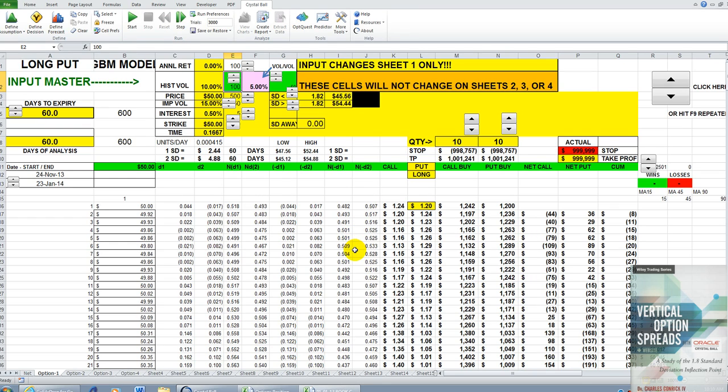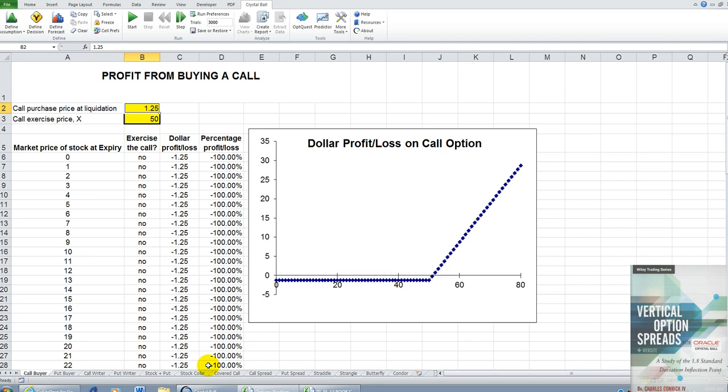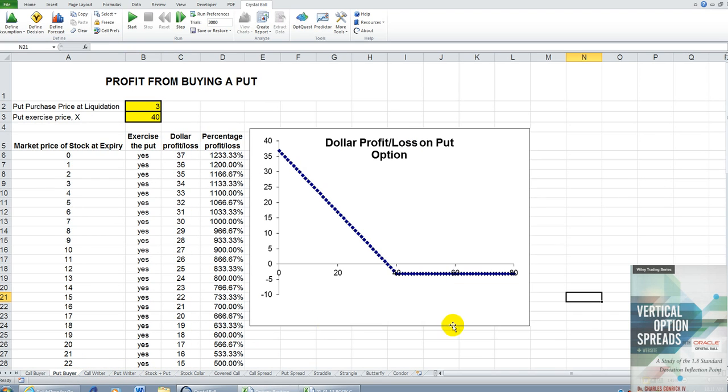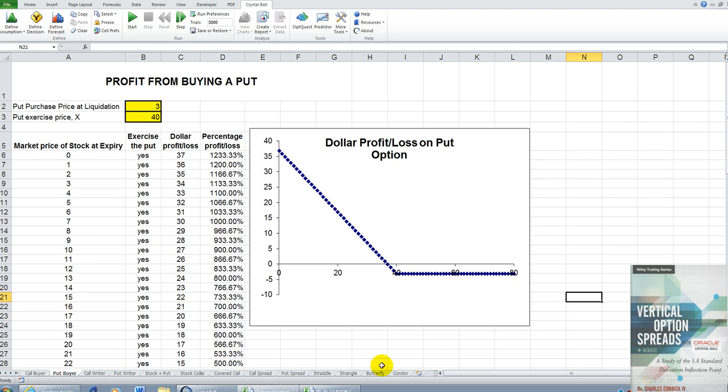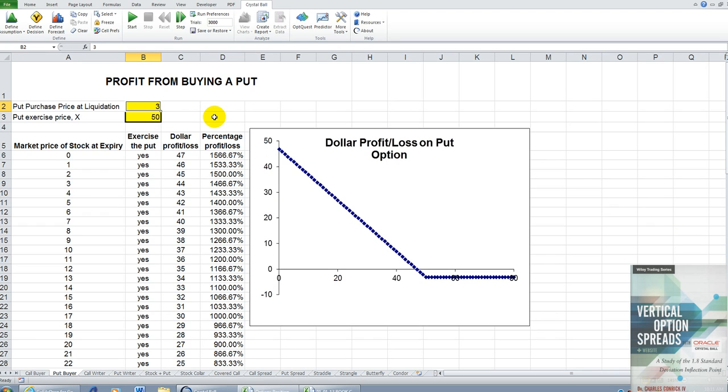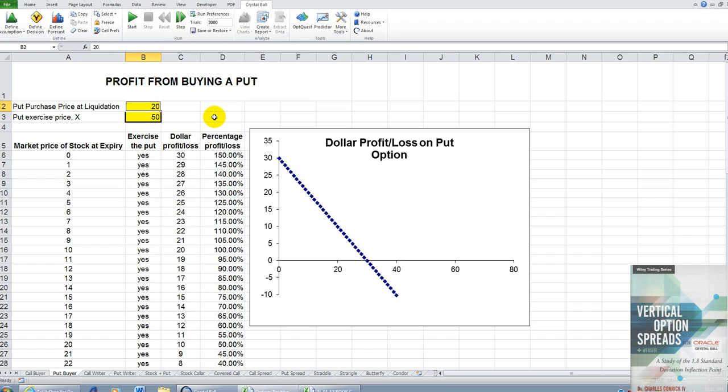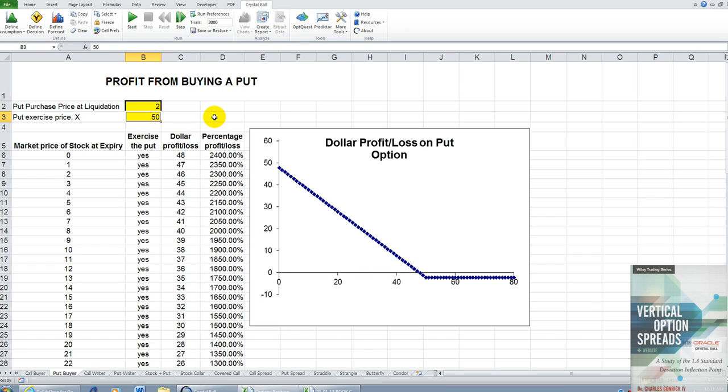So there's a small but quick, and I would like to think a fairly good setup on the long call. Now the long put is, as you know, the reverse hockey stick. So toggling back and forth, the call is a hockey stick with the handle going up to the right, and a put, of course, is a hockey stick with the blade on the ice and the handle going up to the left. So if we put in an exercise price, here we're of course hoping that the stock will drop in value. And if we put in a $2 premium,